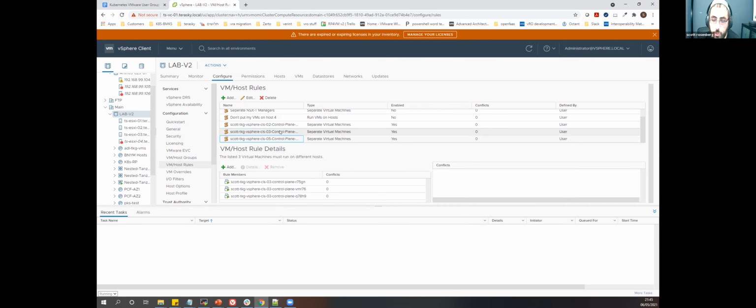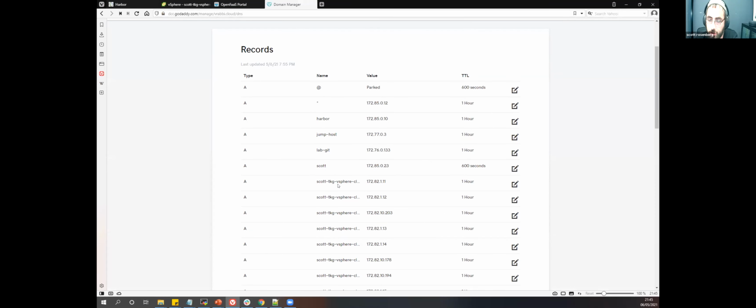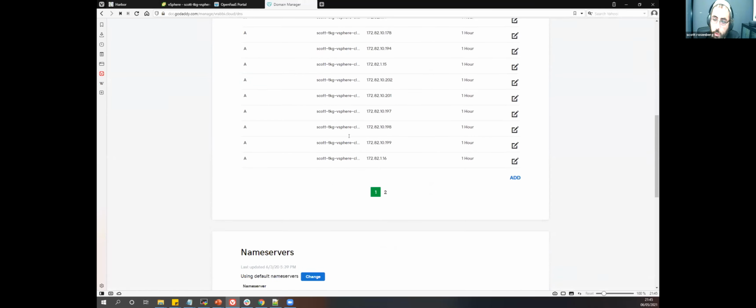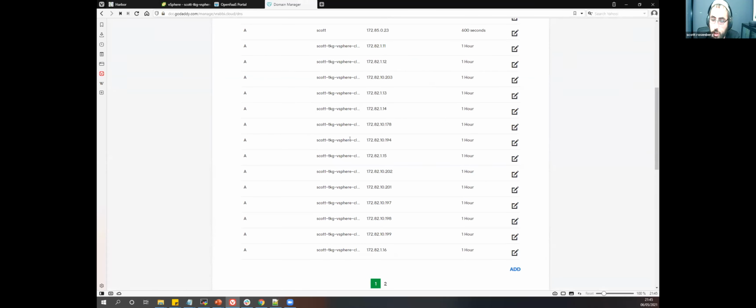So what that is going to give us is the ability to automatically create this. Now, one of the nice things as well, I'm personally using a GoDaddy domain of mine right now, but we can see is also that automatically all of our nodes are going to get their DNS records created.